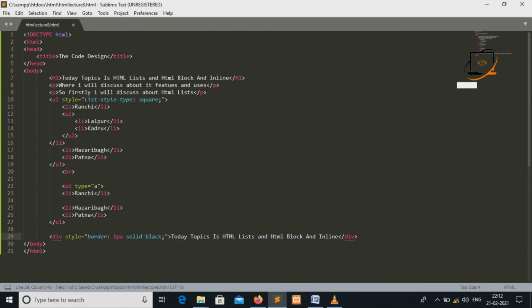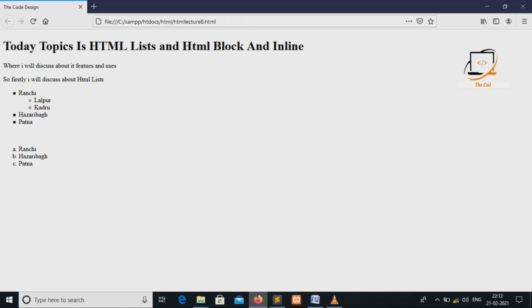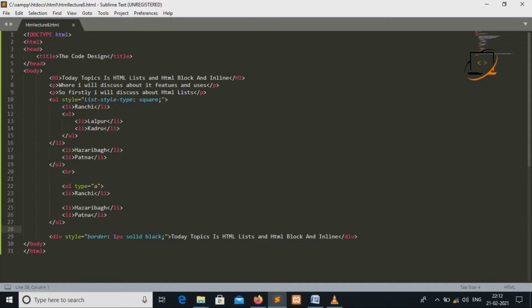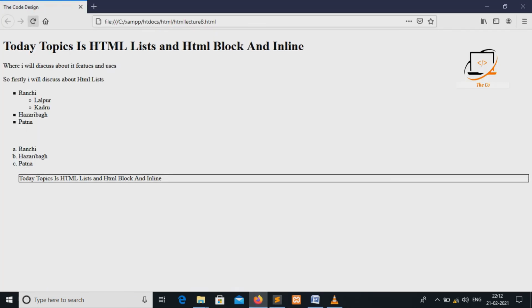Now check the output. Here the items will be displayed across the full width of the window.